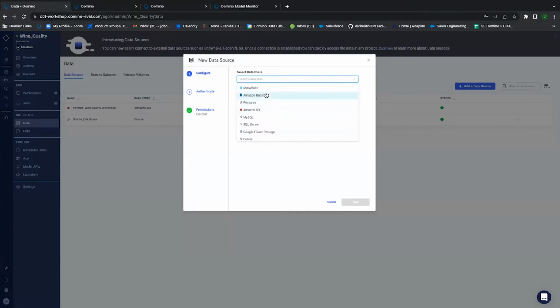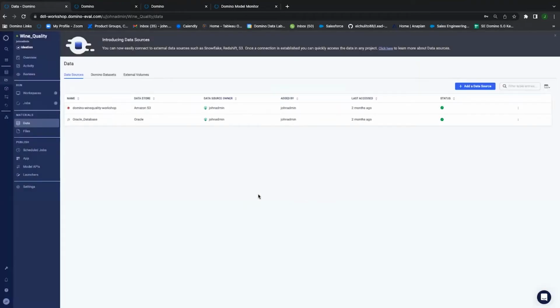This is something that really helps admins, especially in an organization, because they don't have to prescribe building an ODBC or JDBC connector for you, although you do have that option as well. And that is one of the 4 options for data sources too. Once you've selected a data source, you provide your credentials, and you make it available to everyone, a certain subset, or a specific individual, then you'll see that data source here. That means it will be available when we create a workspace or a job later on throughout this project for wine quality.